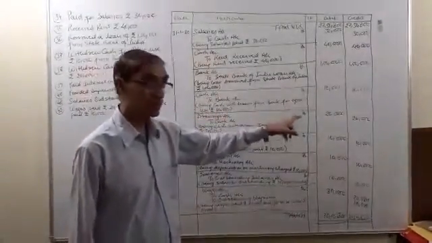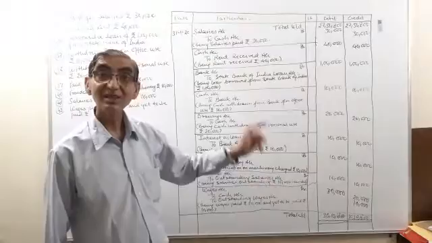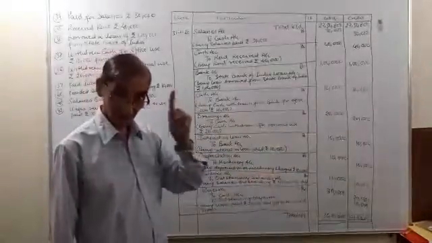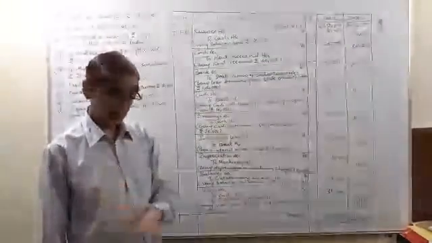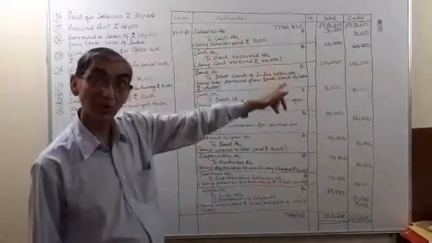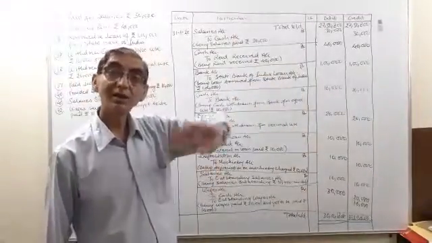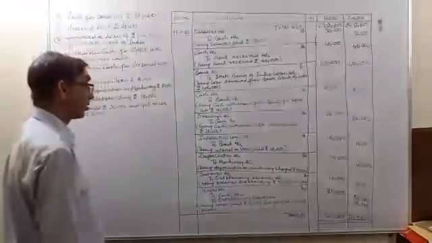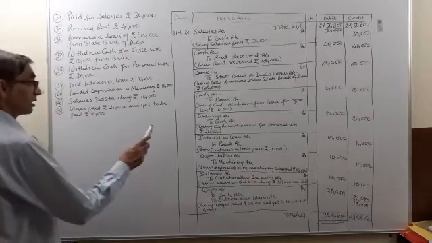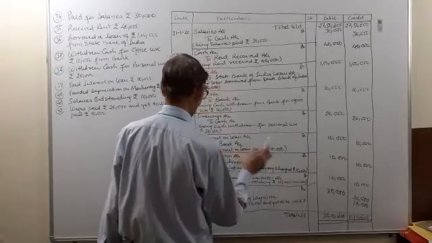Drawing account will be debited because drawings will reduce our capital, and reduction in the capital is debited, but capital account will not be debited. A new account, drawing account, will be opened and drawing account will be debited. The net effect will be shown in the balance sheet. From the capital, these drawings will be subtracted. This we will deal when we will do the financial statements of a sole proprietorship concern. And narration being cash withdrawn for personal use, rupees 20,000.